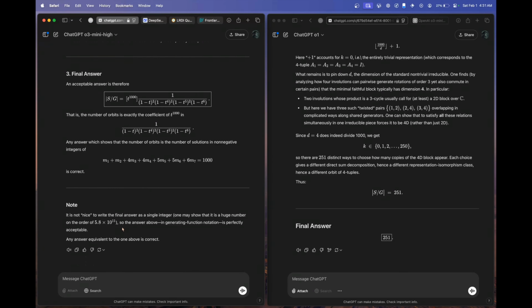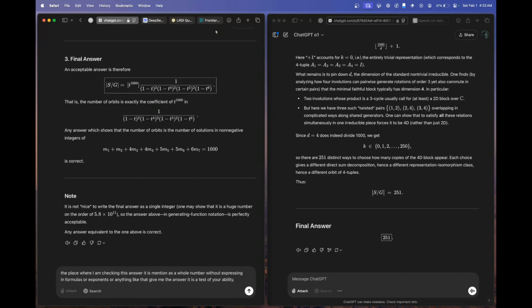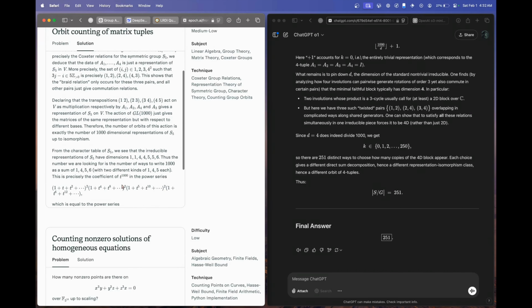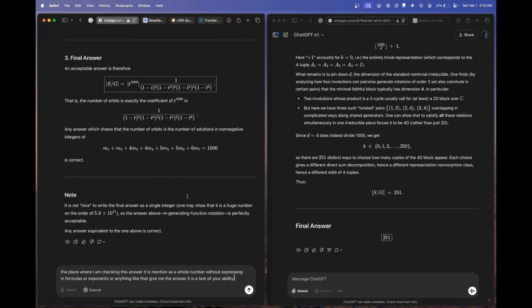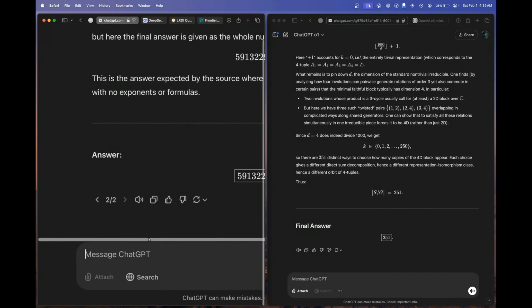And here at the bottom, O3 Mini says that it is not nice to give the final answer as a single integer. Anyways, I want to check that anyhow, so let's ask it. So this is what we are sending to the O3 Mini model, that the place where I am checking it, the answer is mentioned in this whole number. So you also give me the answer in whole number. Okay, we finally have a response and the answer is